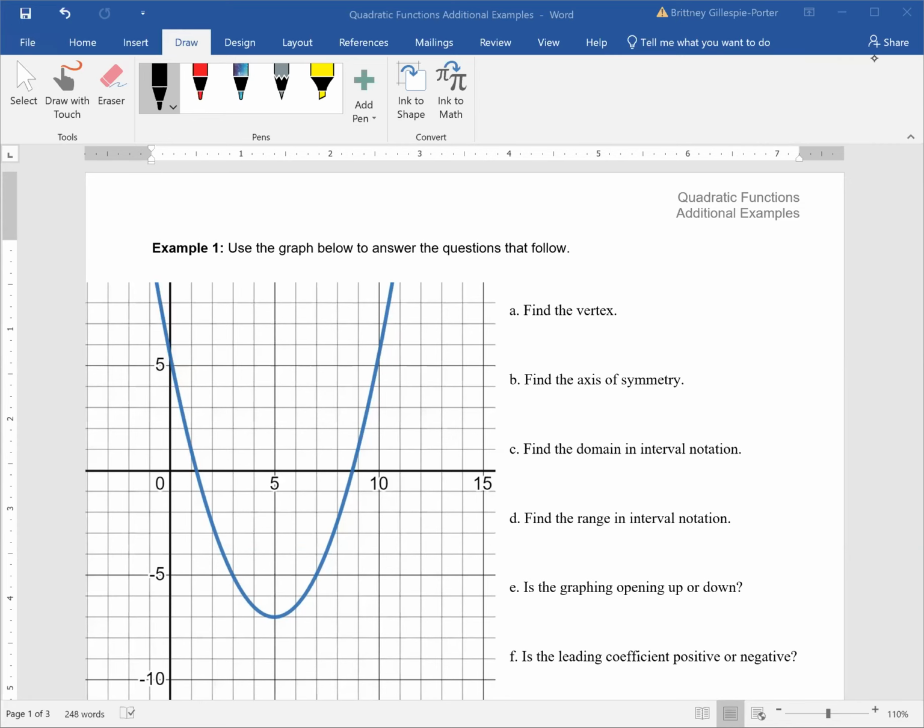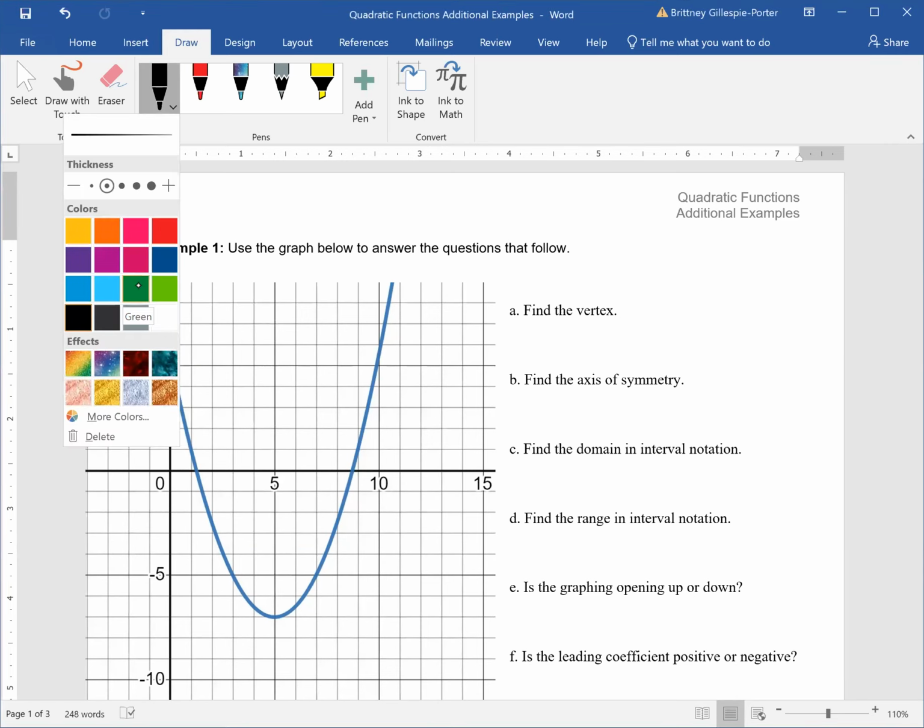All right, guys, as requested, let's go through some more quadratic function examples. So the first one we're going to review is a graph because that'll give us the basic concepts without us having to do all the different mathematical functions, or mathematical operations, on it. So if we're looking at this graph,